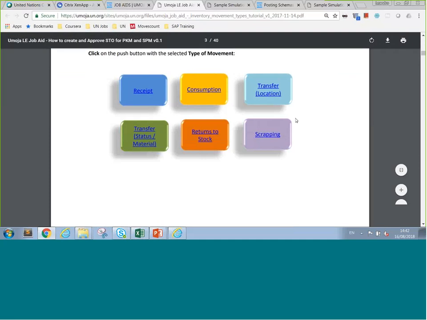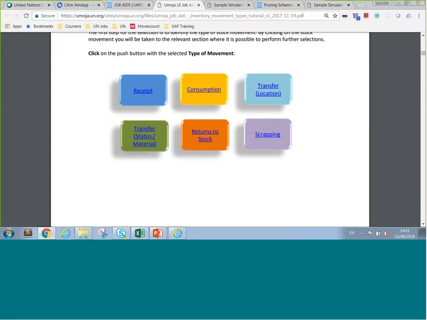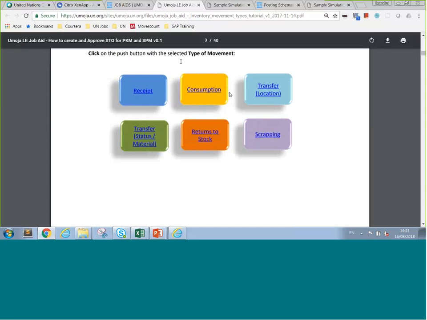Okay, so either you want to receive items into stock, or you want to issue out, what we call consumption, or you want to transfer stock from or between different storage locations, change the status or change the material, perform returns to stock, or perform scrapping postings. Okay, so with this job aid, in this case, if we go to the part of the consumption, right,